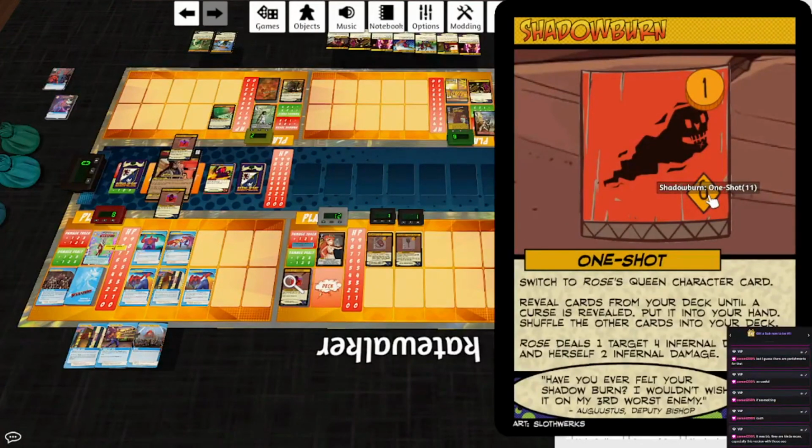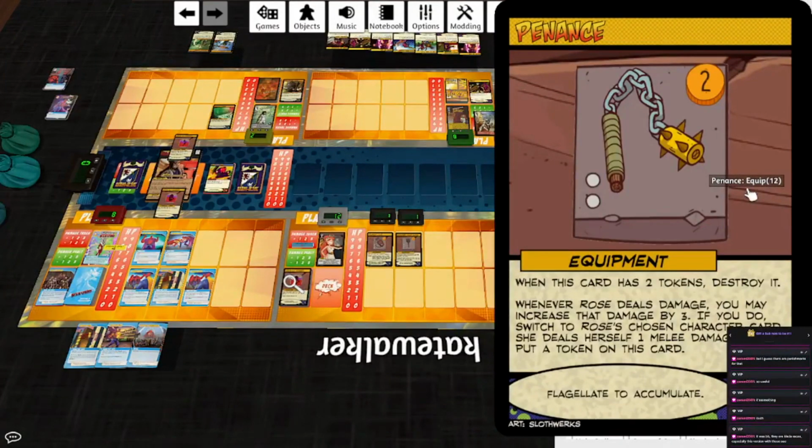Shadow Burn. Switch to Rose's Queen character card. Reveal cards from your deck until a curse is revealed, put it into your hand, shuffle the other cards into your deck, and then she deals a target 4 infernal damage and herself 2 infernal damage. Penance. When this card has 2 tokens, destroy it. Whenever Rose deals damage, you may increase it by 3. Ooh, wow. If you do, switch to her chosen character card, she deals herself 1 melee damage and put a